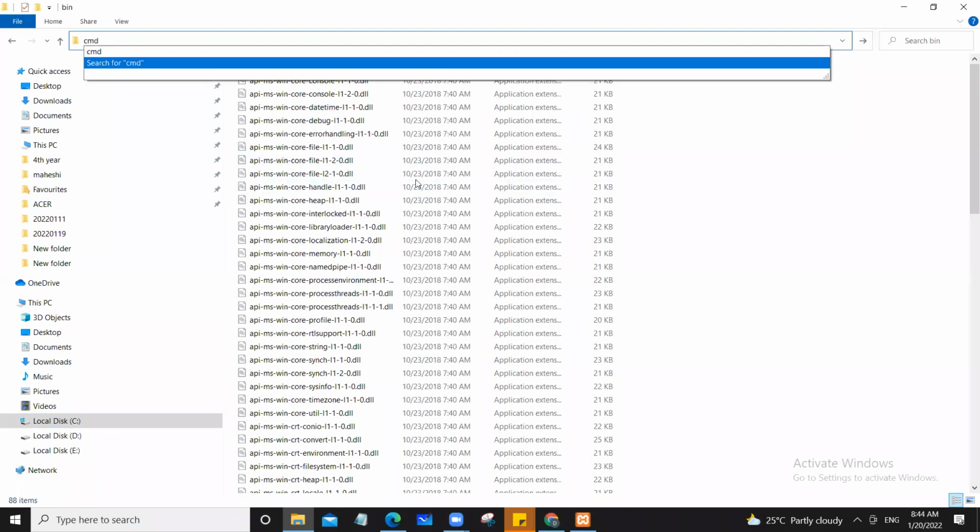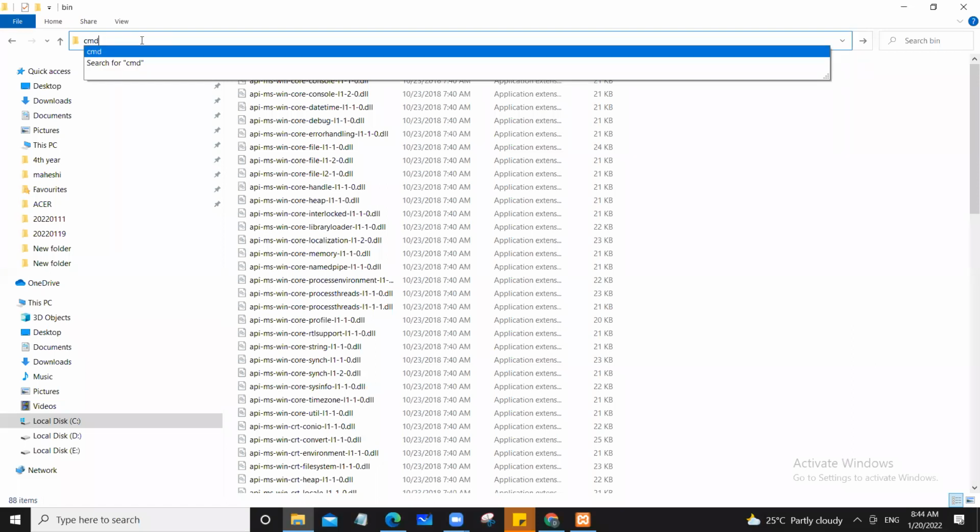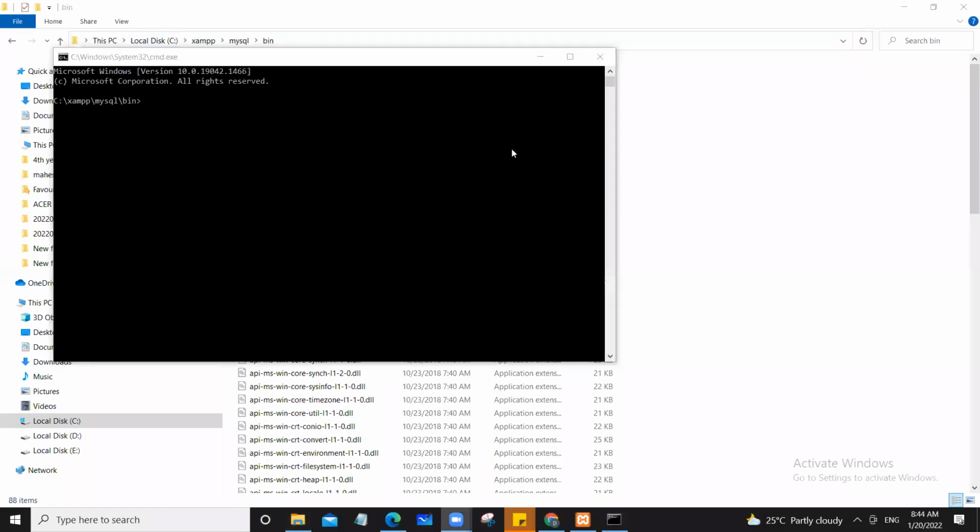That means command prompt. Then press enter. It will open the command prompt. Now you have to connect with the MariaDB server. To achieve that, you can type